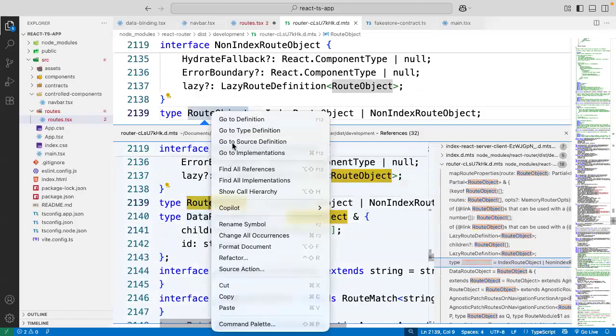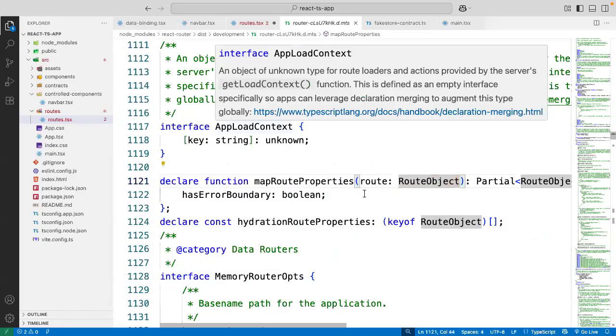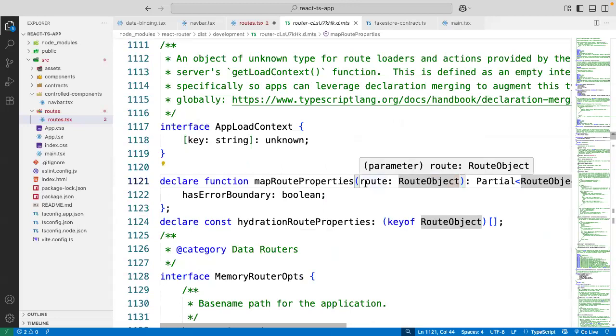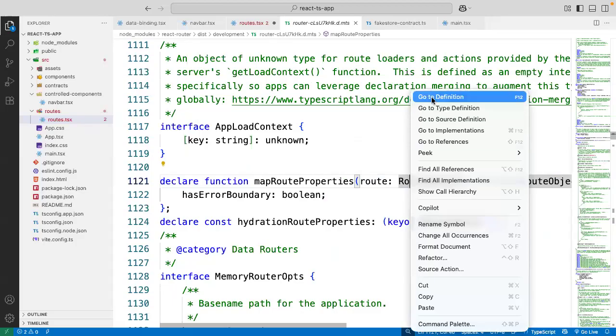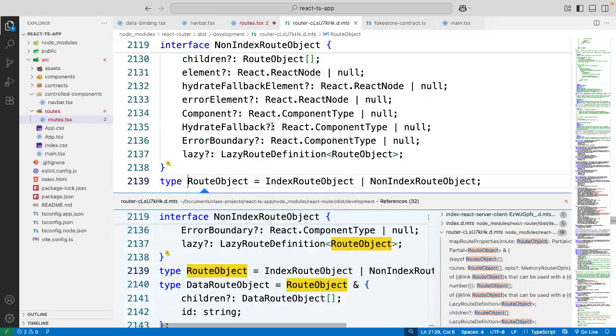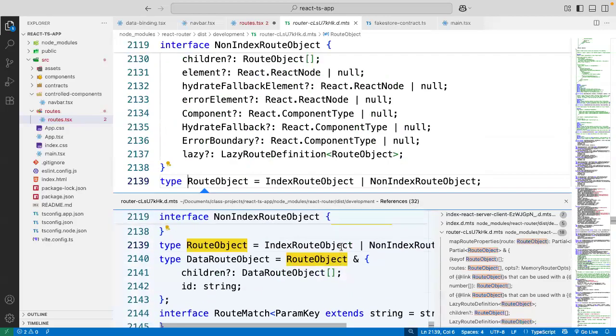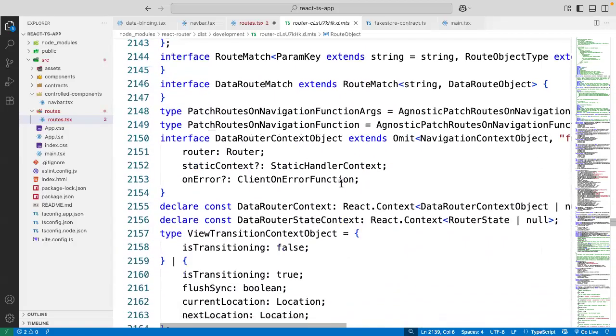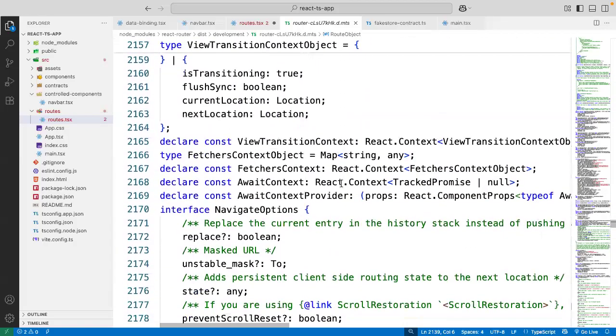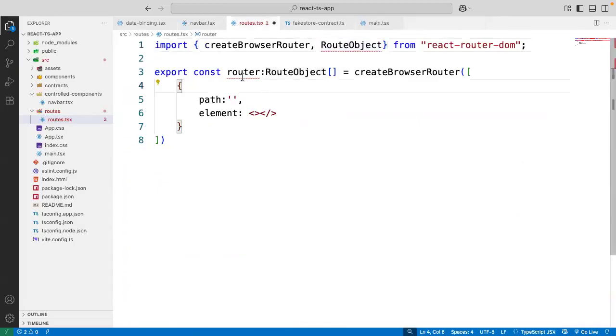So from where it is derived, route is a route object type. Okay, so it's an ordinary type here. Types are interfaces, huh? Then